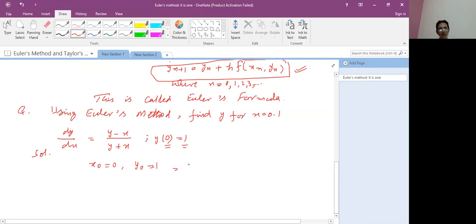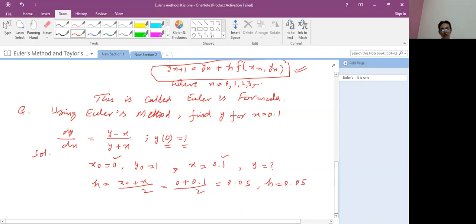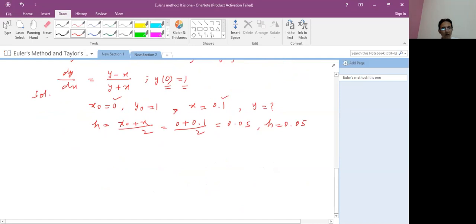The value of x you have been given is 0.1. It means y is required at this point. So h equals x0 plus x over 2, which means 0 plus 0.1 over 2, which is 0.05. So with the help of these two values, h is 0.05. After finding the value of h, students,